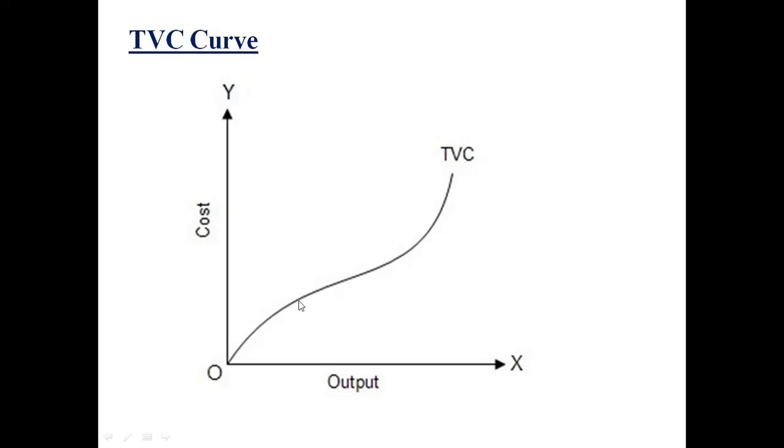So it means that with an increase in the level of output, TVC initially increases but at a decreasing rate, and after reaching a certain point, it increases at an increasing rate. So why does it happen? Why does TVC initially increase at a decreasing rate, and again after some point increase at an increasing rate? So let's talk about this,